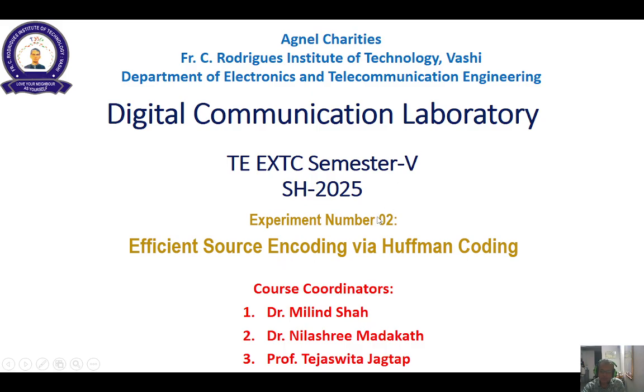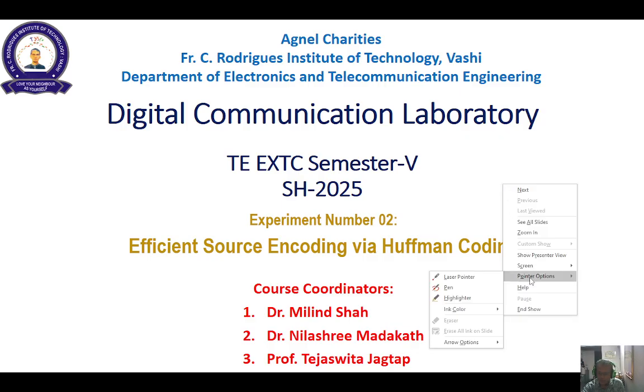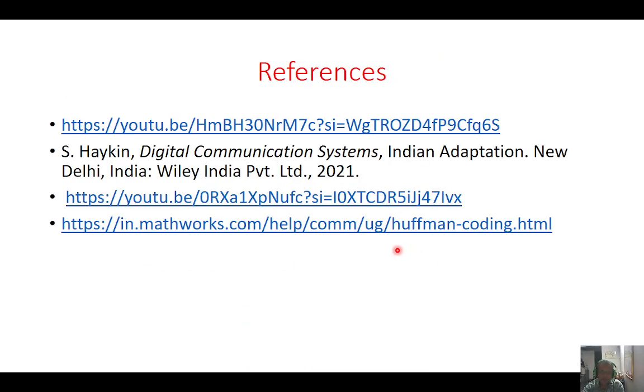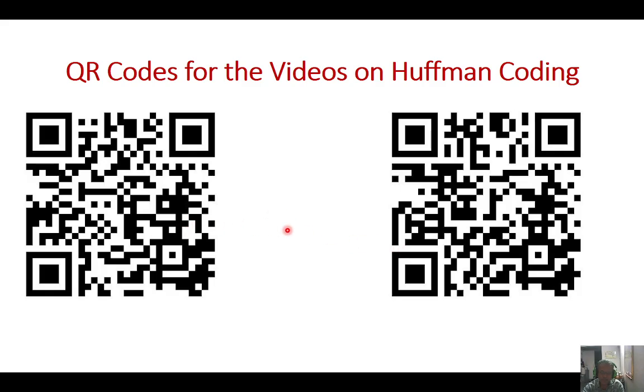The title for this experiment is Efficient Source Encoding via Huffman coding. Let me use the pointer. So this is the title of your experiment, Efficient Source Encoding via Huffman coding. These are the references. Here I have given the QR codes for the YouTube videos. If you want to learn exactly what Huffman coding is, anyway, we will be covering the same concept in